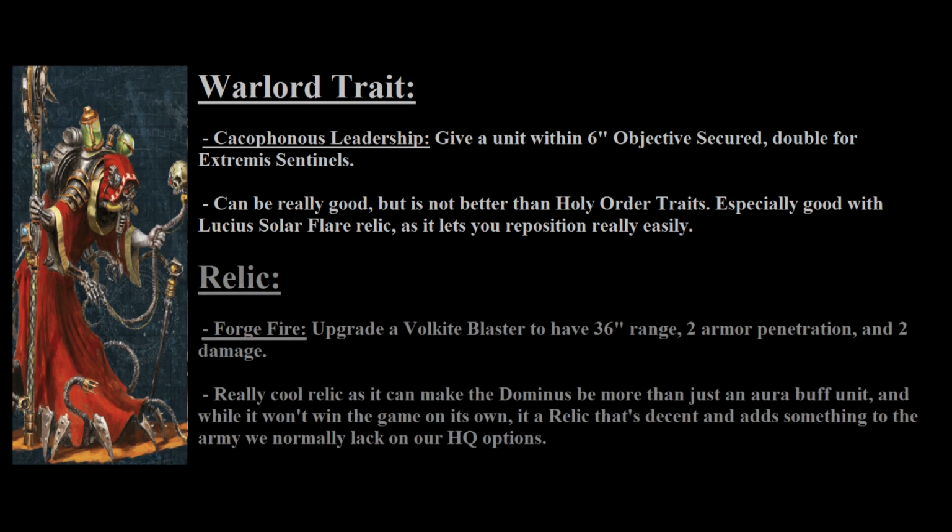For a relic, the Defense Cohort has the Forge Fire, which replaces the Volkite Blaster to upgrade it to have 50% more range, giving it a range of 36 inches, 1 extra damage bringing it up to 2 damage, and 2 armor penetration, bringing it to a total of 2 armor penetration, with 3 shots at a heavy profile. I really like this relic as it can make the Dominus a real threat when it comes to shooting, which